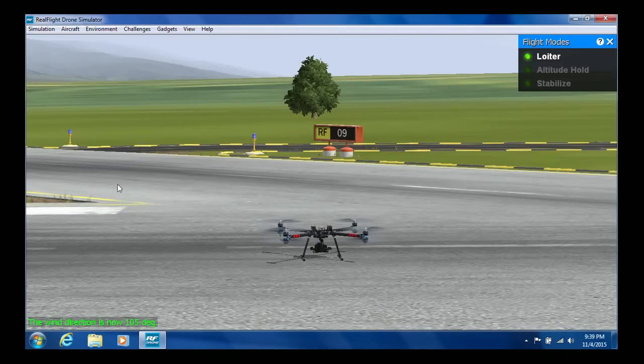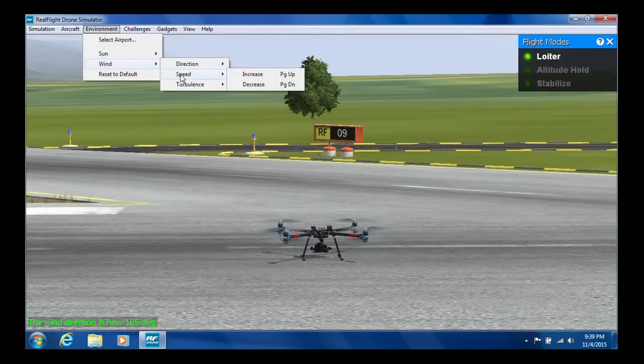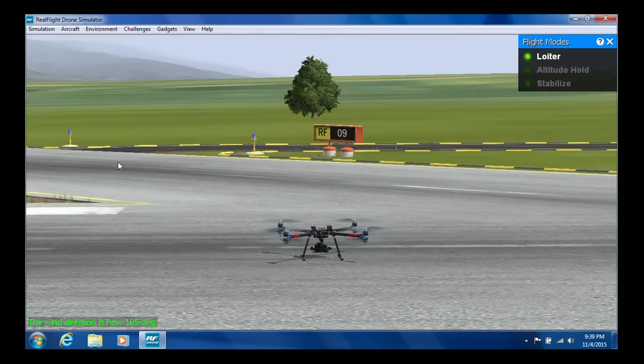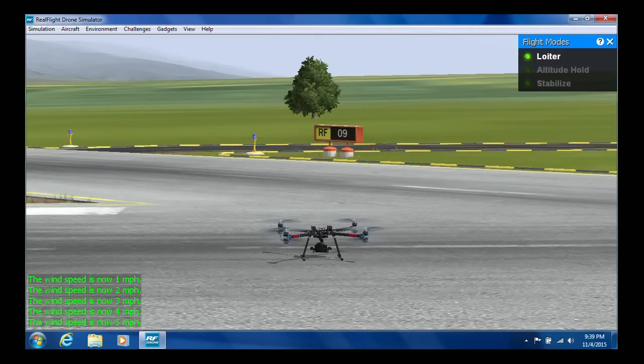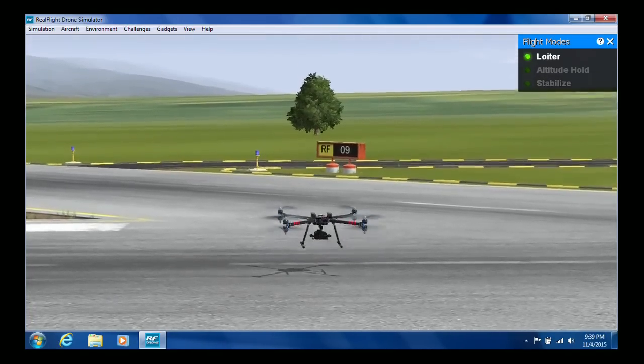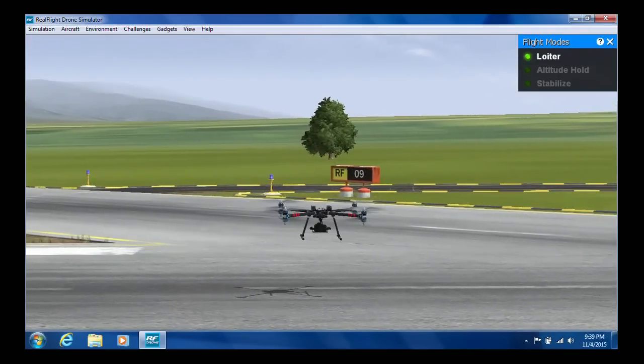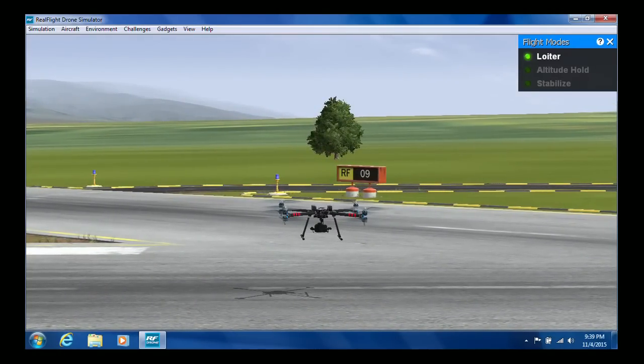So the wind direction is now 105 degrees. And if we want to change the intensity, that's page up and page down. So let's just hit those keys and see what we have. Page up, 1 mile per hour, let's make it 5. 5 miles an hour is a little bit of a breeze. That way we can see if it drifts a little bit as we're flying. And if that runway right there is runway 9, well, let's see which way it drifts. So the wind's a little bit